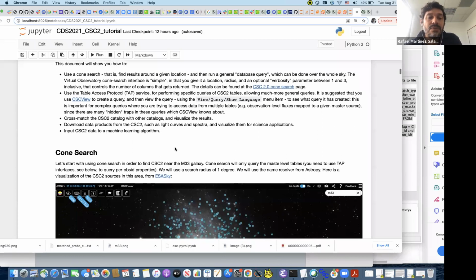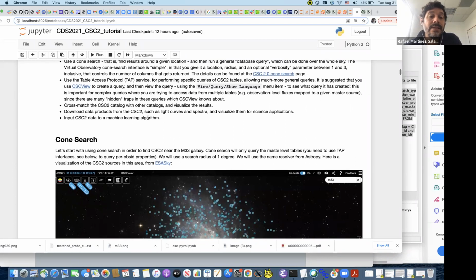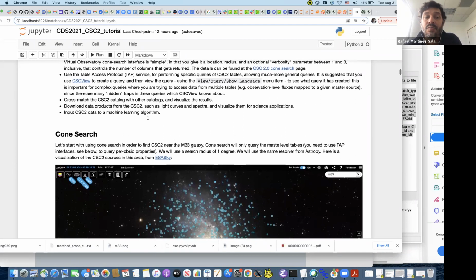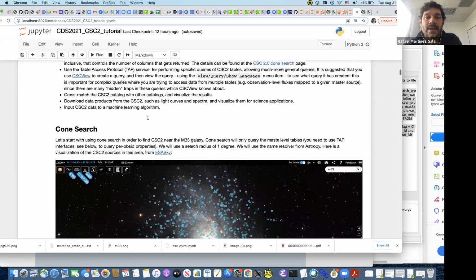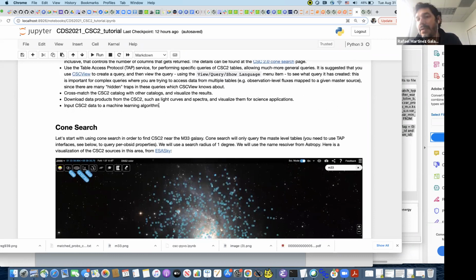I am also going to show you how to do a cross match of the Chandra source catalog with other catalogs. In particular, here I'm going to use TUMAS. I'm going to show you how you can do the cross match of these two catalogs. And I am going to also show you how to bring data products down in your Jupyter notebook session and